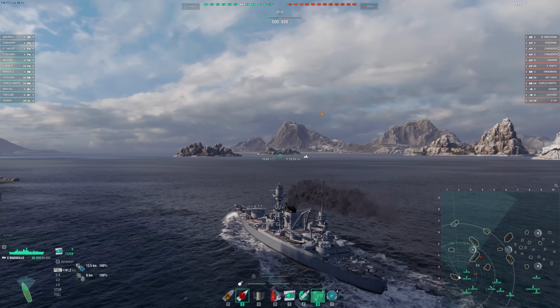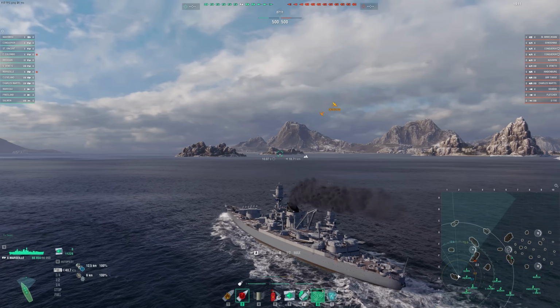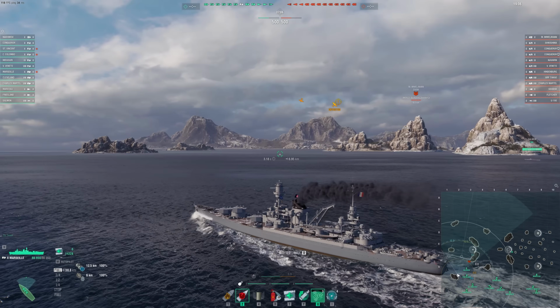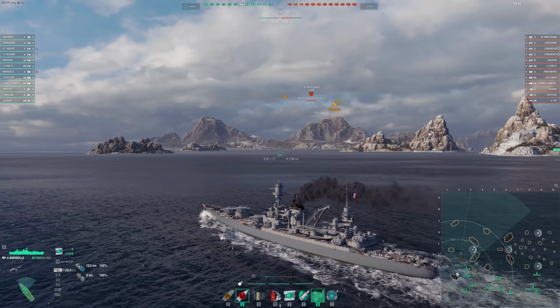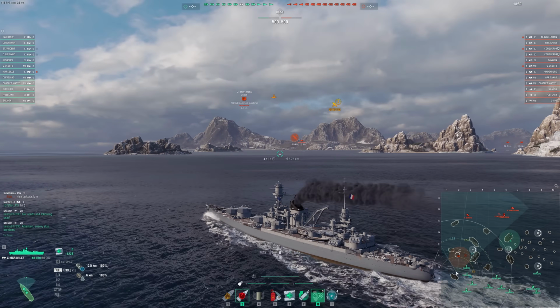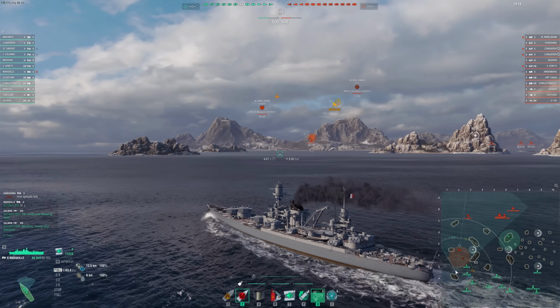Hey guys, today we're taking a look at the Marseille with a secondary build. This, of course, is another one of the cruisers that could possibly benefit from this new range upgrade to secondaries. Of course, it's amazing on Napoli, OP even. We tried Pensacola, didn't necessarily have the secondaries to really make it work, but discovered that ship's kind of insane